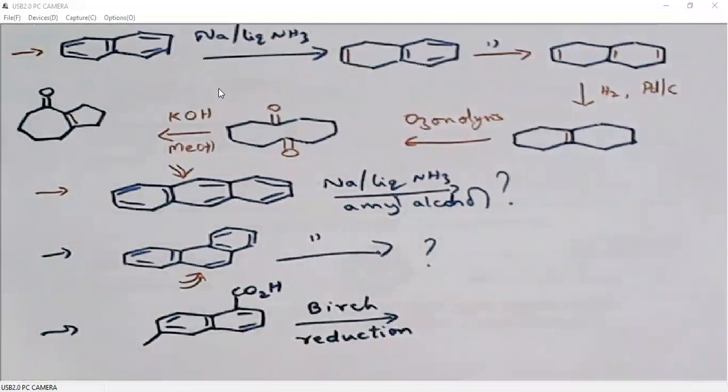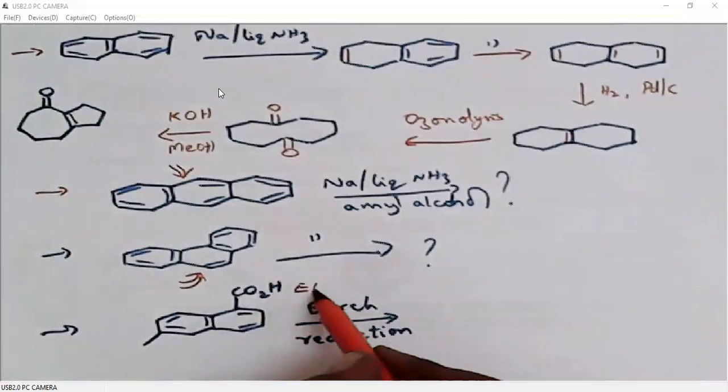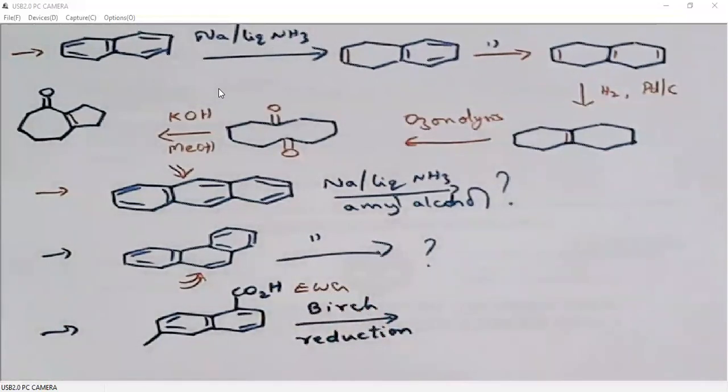Similarly, for substituted naphthalenes, the Birch reduction is an electron transfer reduction. When we are talking about electron transfer, a molecule with less electron density can easily accept an electron. But if it is electron rich, it is difficult for it to accept an electron. So when we look at the different rings in terms of Birch reduction, the ring which has less electron density, that means the ring which has electron withdrawing substituents, will preferentially undergo reduction.